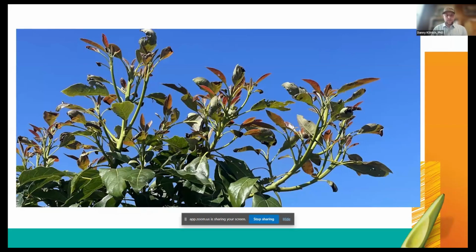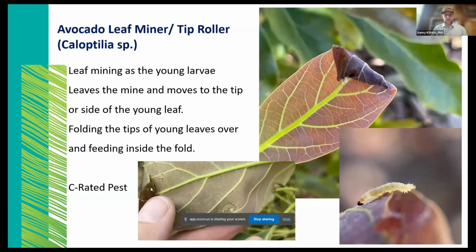This is a newer arrival to the California avocado pest pantheon here. This is avocado leaf miner and tip roller. So you'll see this. This is a really odd life history for an insect, but they start out as a leaf miner, which means they eat the mesophyll of the leaf, the inside of the leaf, and they actually live inside the leaf for the first couple instars, and then they pop out. You can see that down here on the bottom. That's what this little mine is. They pop out. They crawl their little